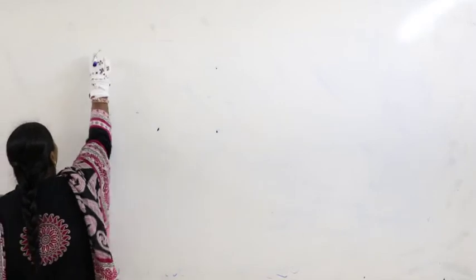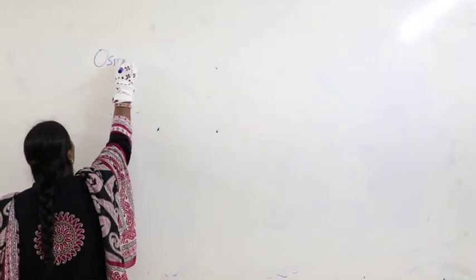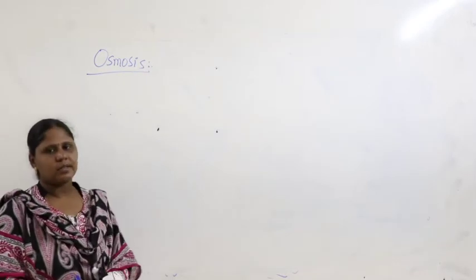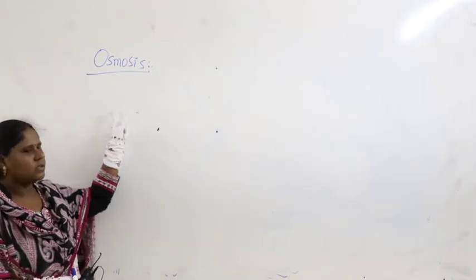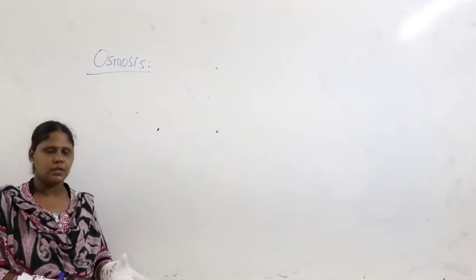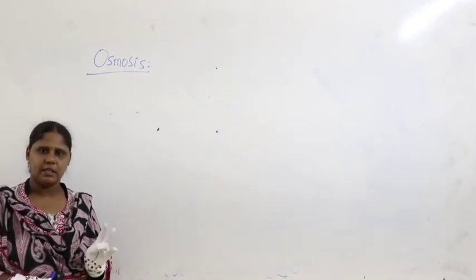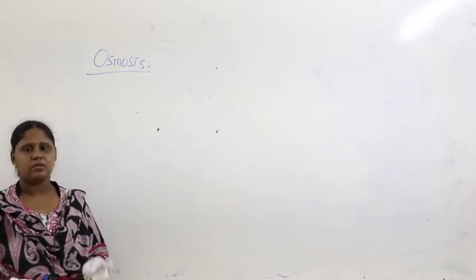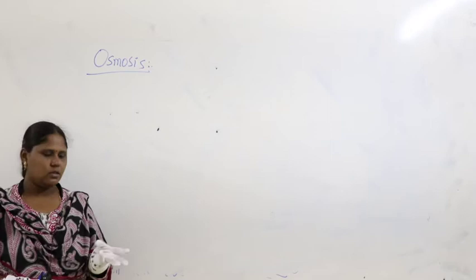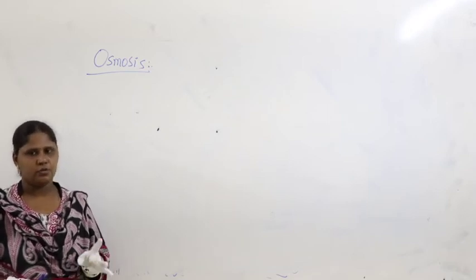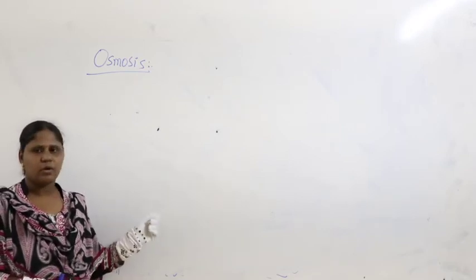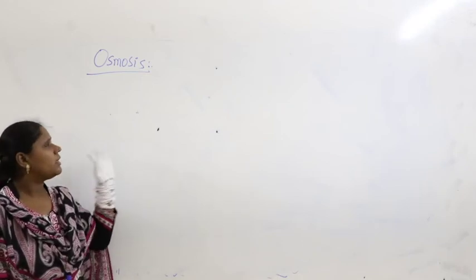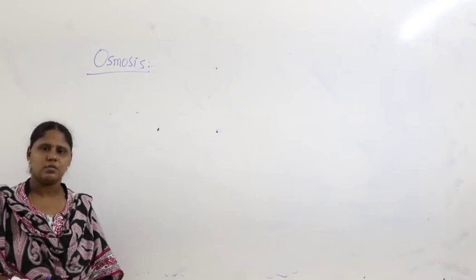Right. Now, let us go with the process of osmosis. Let us continue with the topic osmosis. So, guys, we discussed diffusion, facilitated diffusion, then passive transport, active transport. In passive transport, again we have three categories: symport, antiport, uniport, right. Then we discussed the properties of water: water potential, solute potential and pressure potential. Now, let us discuss osmosis.